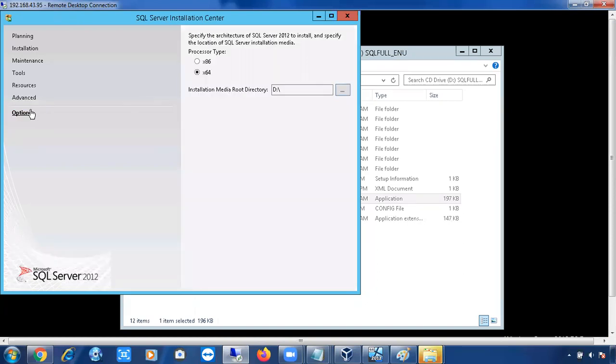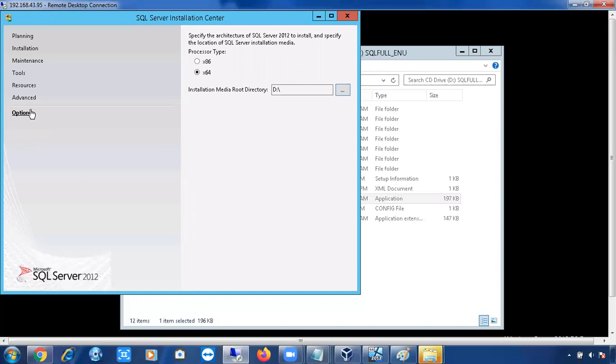Usually in the organization we are going to install SQL Server in the GUI method only. Remember, we can install SQL Server in 5 to 6 methods. GUI method, unattended method means query method, INI file based method, which is also the same as the query method. And slipstream installation method, where you can install SQL Server and service pack at a time. That is slipstream installation. Sysprep installation can be done in two parts. The first part can be done by the Windows team, the second part can be done by the SQL team. That is sysprep installation. And finally you can install SQL Server using PowerShell scripts also.